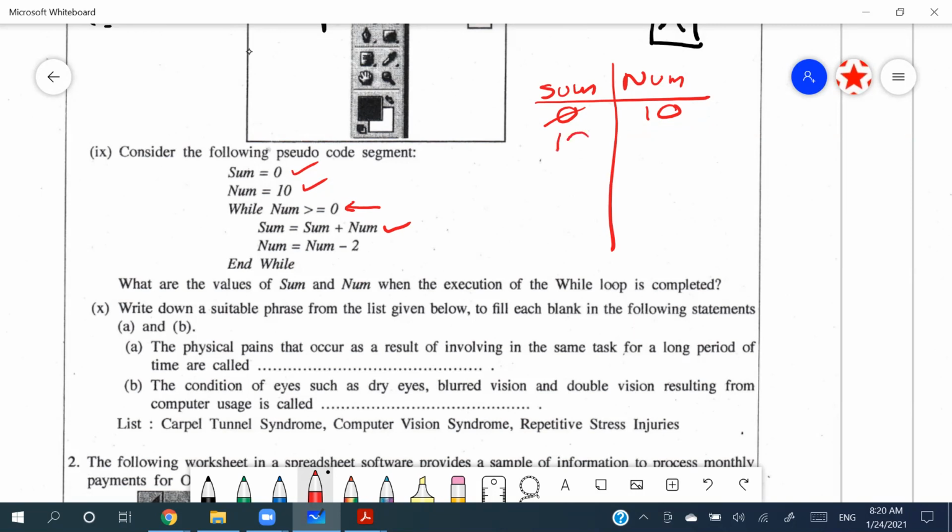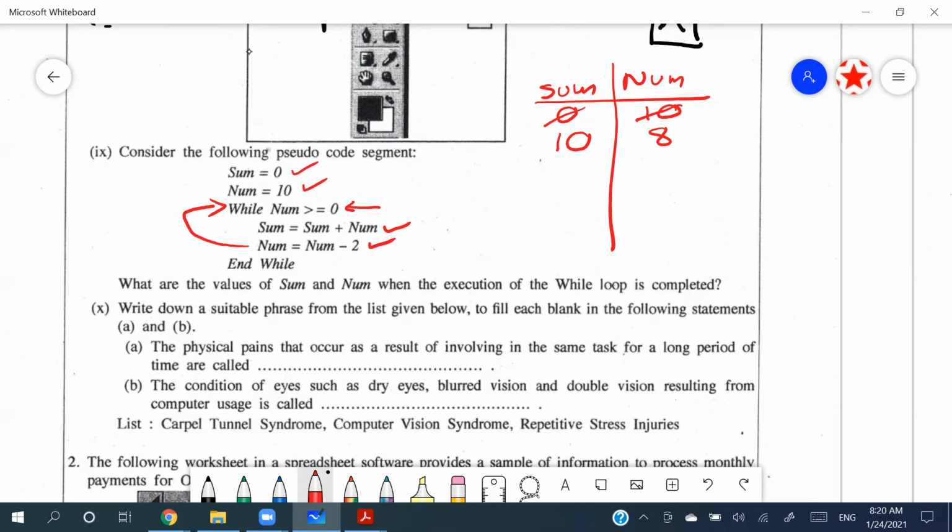Right, so it will become 10. And in the next line, it says reduce num by 2. So this will become 8. Since the next line is the end while, we just go to the condition and check whether the condition is still true. So the condition is still true because